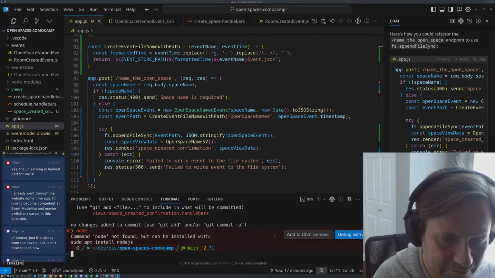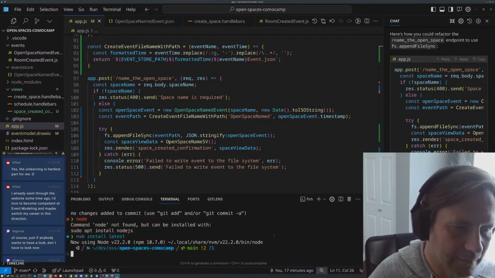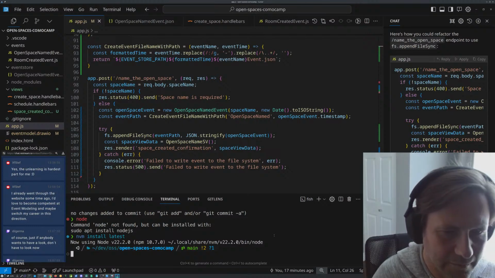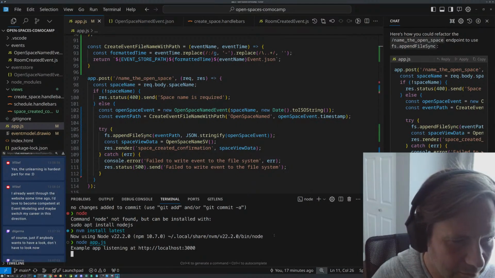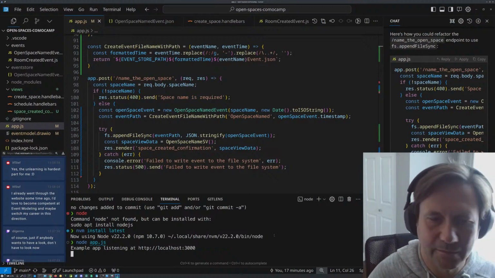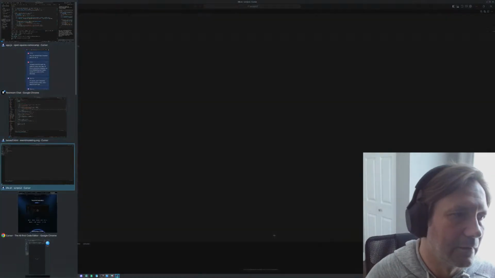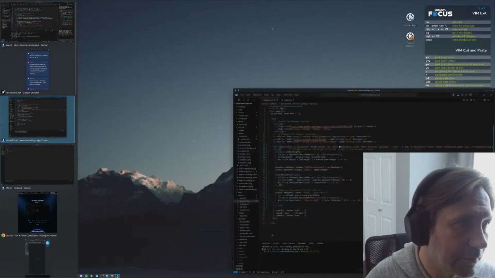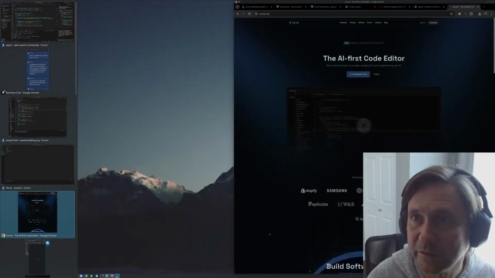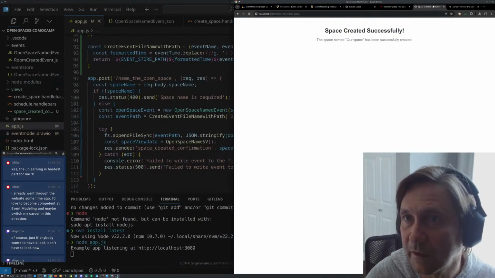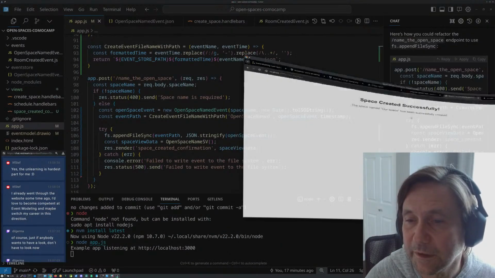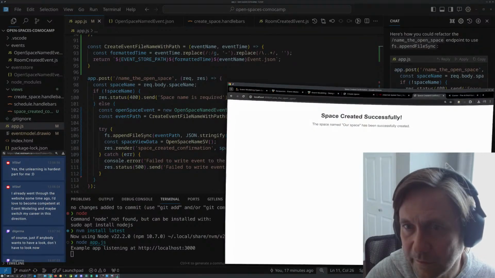Oh, I don't think NVM. Okay. Where do we have that? Cursor AI. We kind of want this here, right?